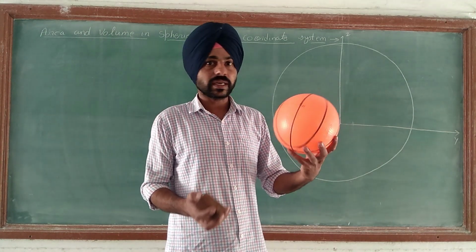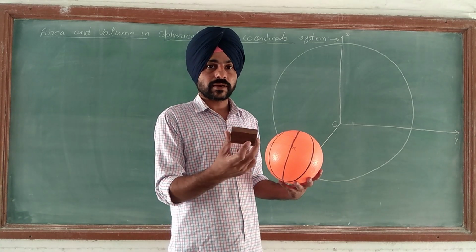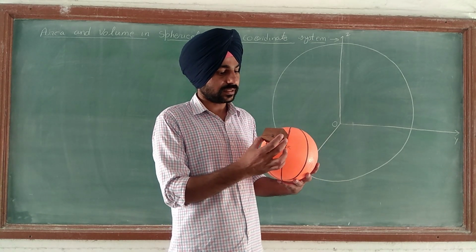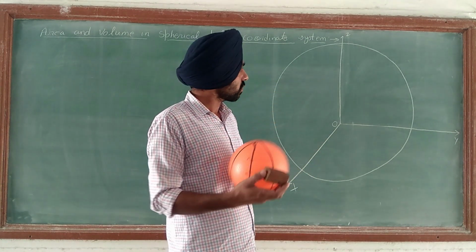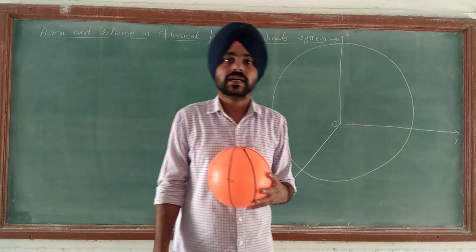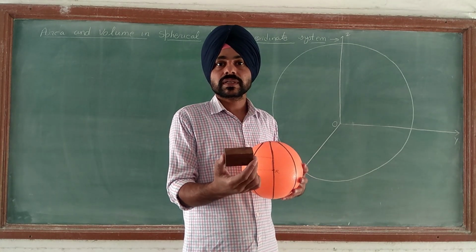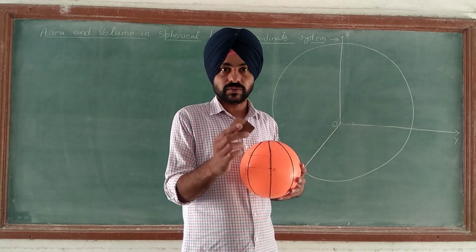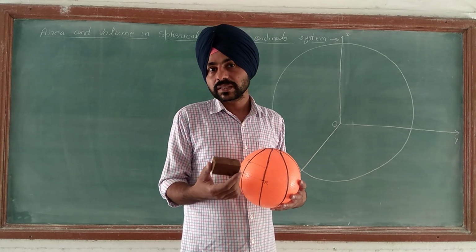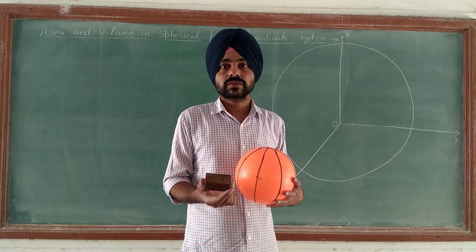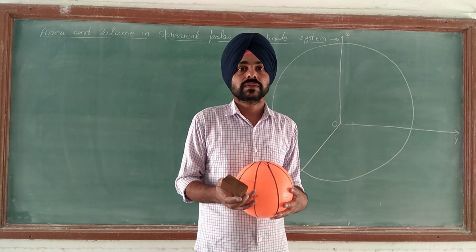So this is like a big ball, assume this one, and this is a small rectangular shape on the surface of the sphere like this. So let us draw this structure on the board so that we can calculate the area and volume. You can also learn how to calculate the area and volume in the Cartesian coordinate system first and then go for the spherical polar coordinate system, so that you can clearly understand the concept of area and volume. You can see the previous lectures given in the description of this video.